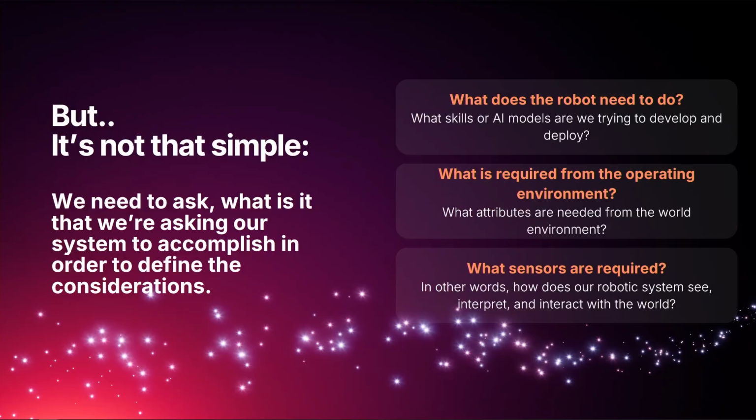But it's not that simple. It's easy to list down what we want, but how do we actually make it happen, right? So, for example, what does a robot need to do? It really depends on the skills that you're trying to build. Again, this is dependent on the form factors, and even within a form factor, you have infrastructure inspection as a task versus, for example, a ground robot going around inspecting something, but it's a completely different ballgame if there is a ground robot inside a building, going from room to room. So it's a lot more constrained of a problem to navigate through complex layouts or something like that.